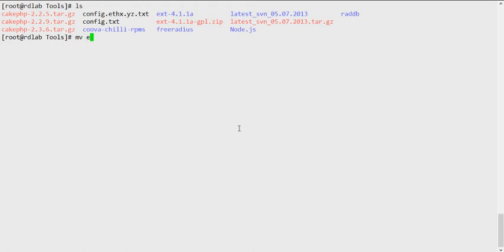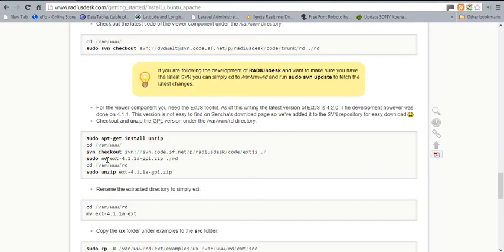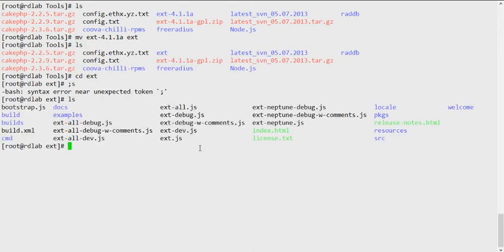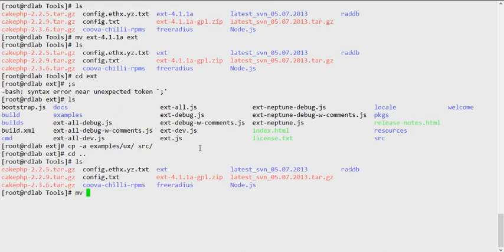Alright, so once that's done, of course we can extract the xjx file to X. This is strictly based on the documentation. Here you can see what we are expected to do: rename to X and then copy some files. Alright, so within the X directory, we are expected to copy, in the examples directory, the UX into the src directory. So once we do that, of course we can move X to live inside var html rd,